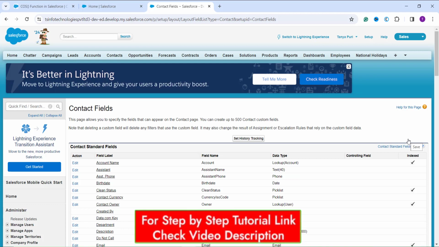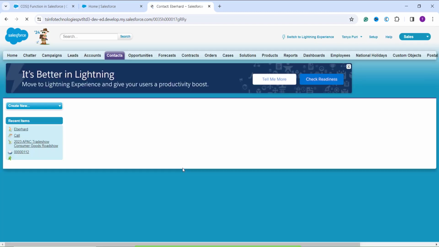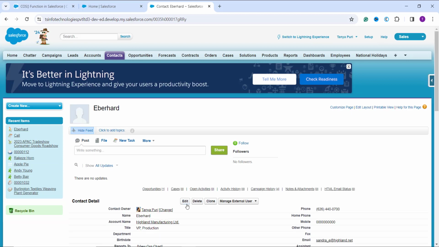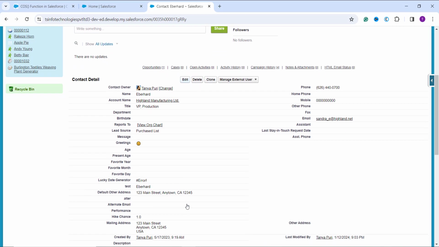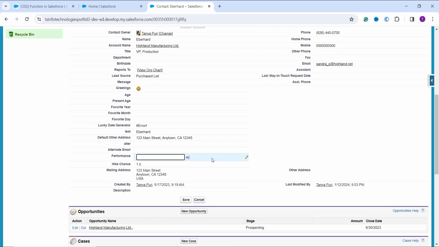Now to check whether it is working correctly or not, let's open the object. You can see on the top navigation we have Contacts. I click on that. It takes me to the page where it gives me a list of all the contacts. I randomly select any one and edit the already created contact. Here I have a performance field. I edit it